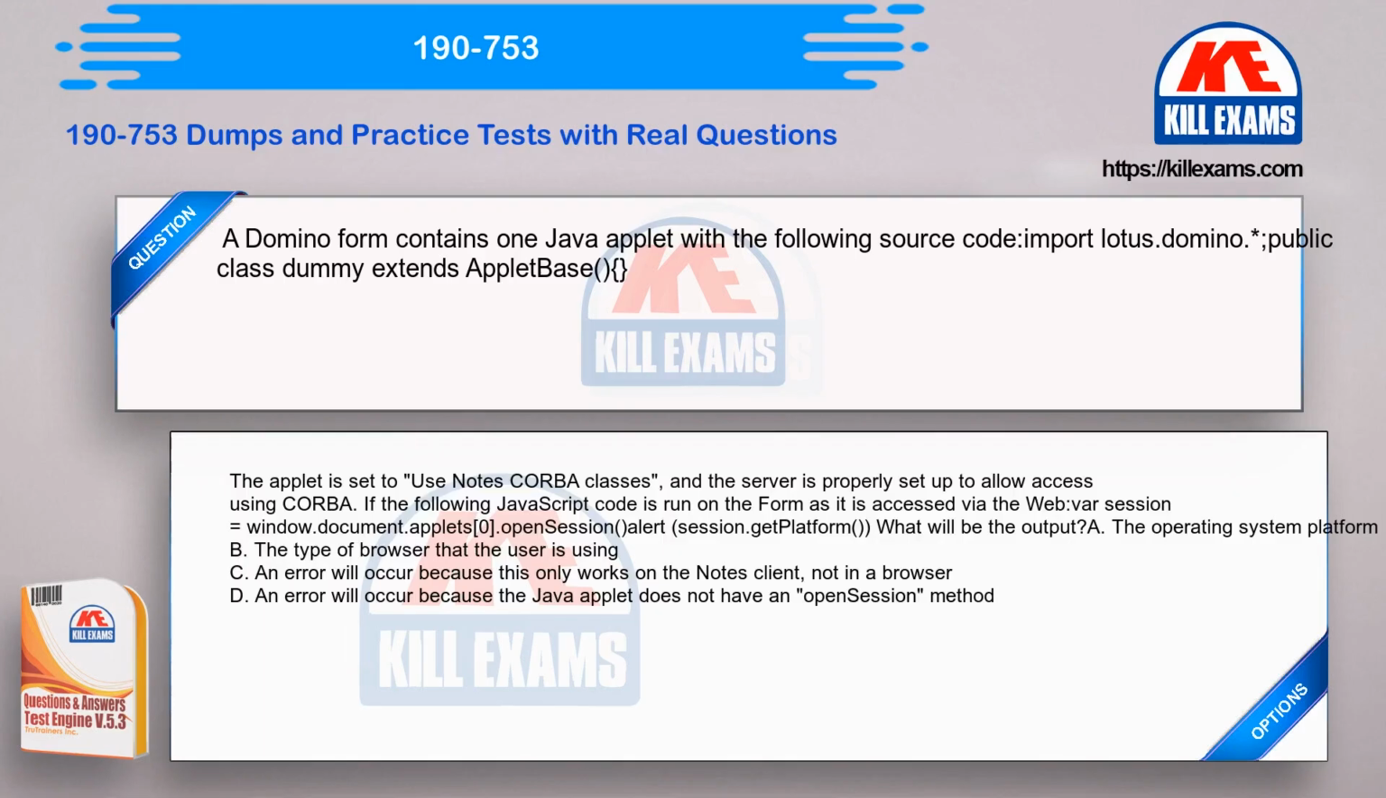A Domino form contains one Java applet with the following source code: import Lotus.Domino, public class dummy extends applet base. The applet is set to use Notes CORBA classes, and the server is properly set up to allow access using CORBA. If the following JavaScript code is run on the form as it is accessed by the web: